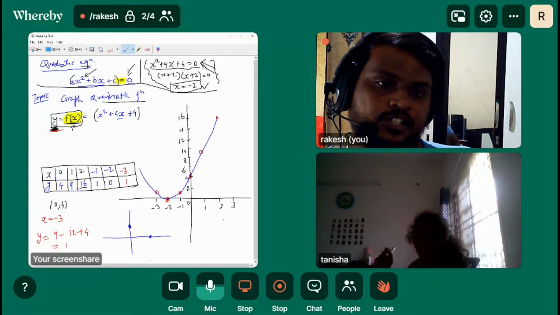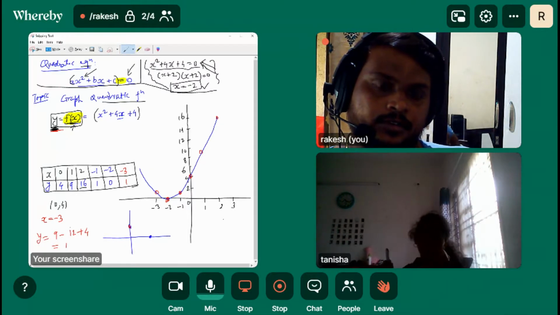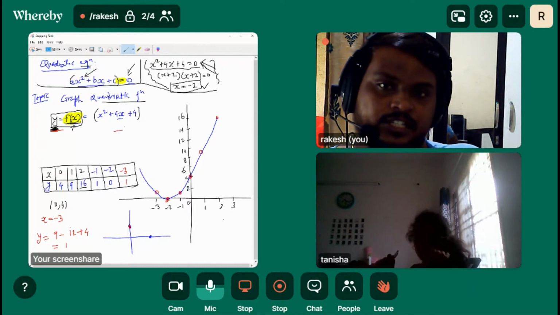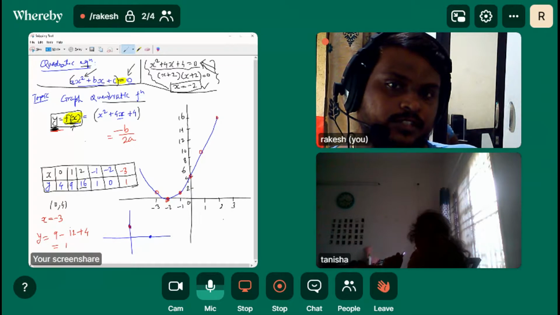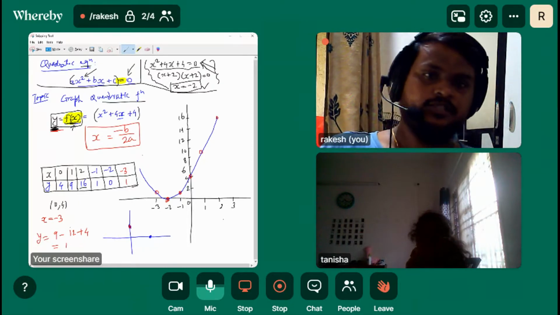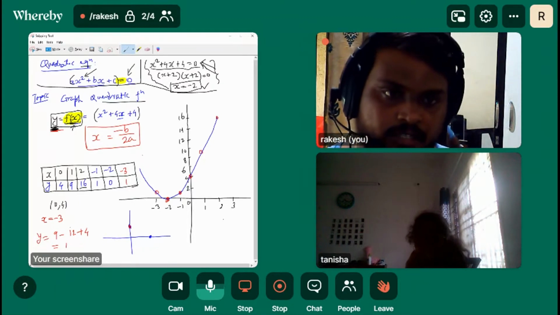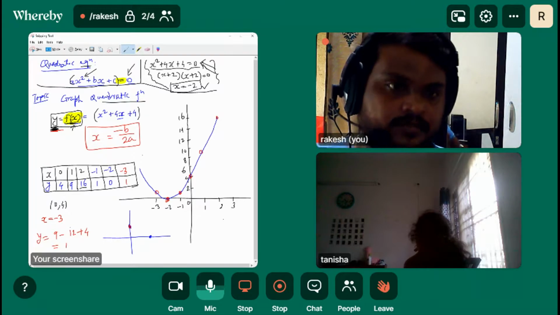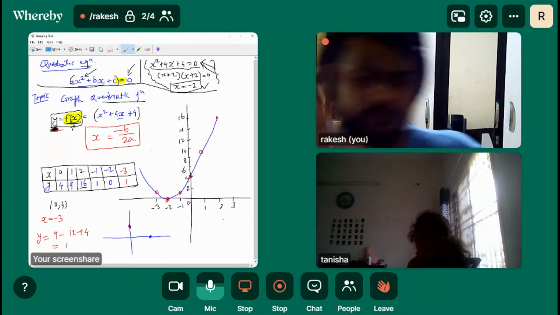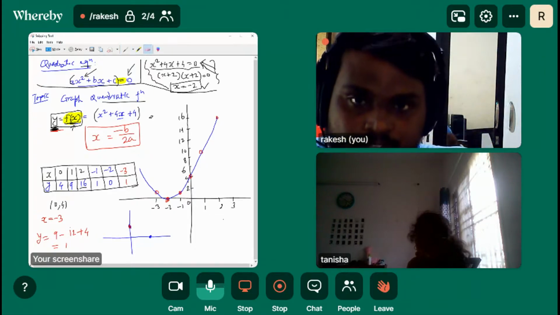If you suppose you got these two intercepts only, and you find the y-intercept, find the minimum point or the maximum point. That is actually -b by 2a you are talking about, the axis of symmetry basically. We'll learn all this gradually, but you should understand that the nature of the graph can come out by plotting the points. A lot of things will be revealed here, just focus on this.